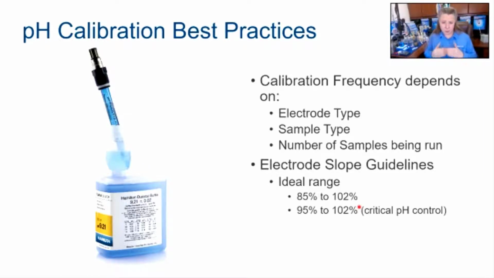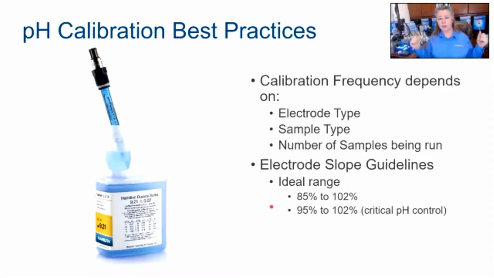There are some experiences in some people that have what's called critical pH. If their critters experience any tiny change in pH, 0.1, they could get a huge dramatic change in titer or viability. The example I gave you earlier was a 0.3 difference in pH unit resulted in a 50% increase in titer. That's what we would consider a critical pH control. You don't want any shift or any problems. In those cases, people tend to use a much tighter slope range, and they'll only accept probes that work between the 95 and 102%. And some people in large biopharma projects where they're